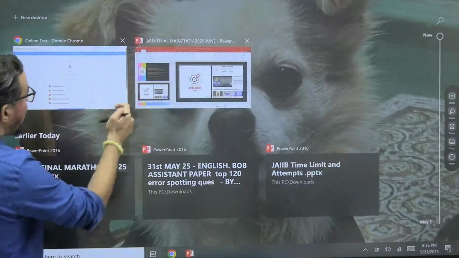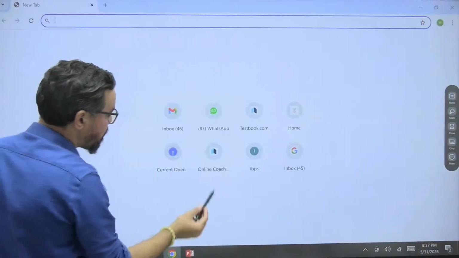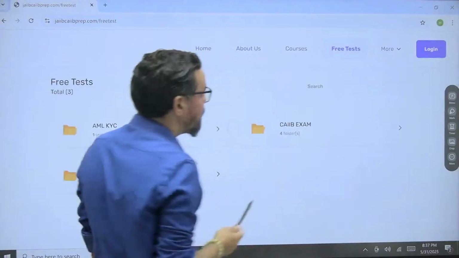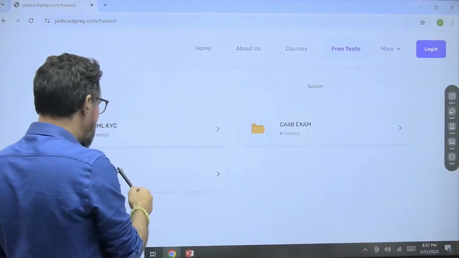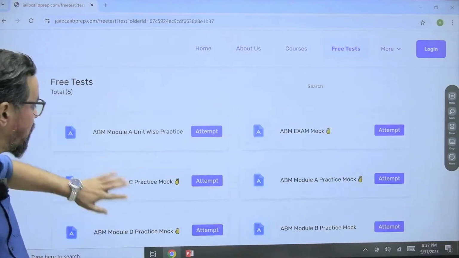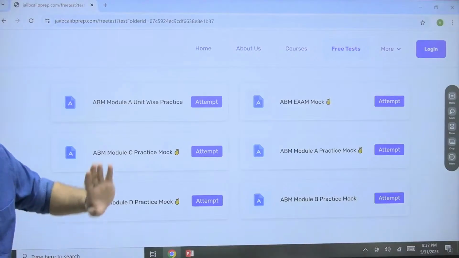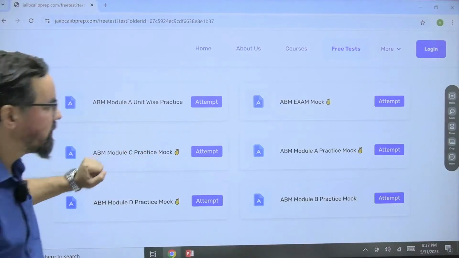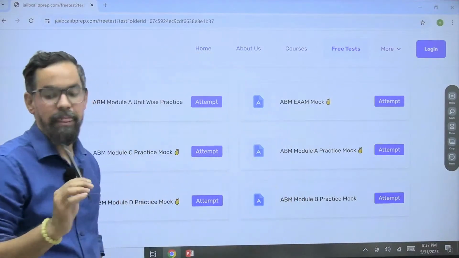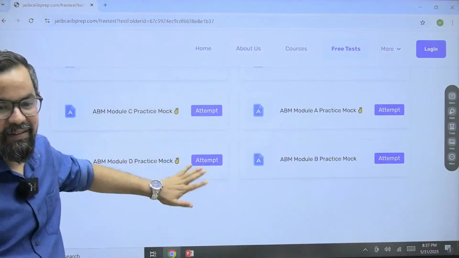I'll cut it down. So what you have to do is just practice this particular one. I'll upload it. I'll try that. The PDF conversion option is not available to me. I don't know whether you have access to that or not. So two things as homework. Please take it as homework. One is this ABM exam mock, and I hope you have attempted all of these. If you haven't, please do it.